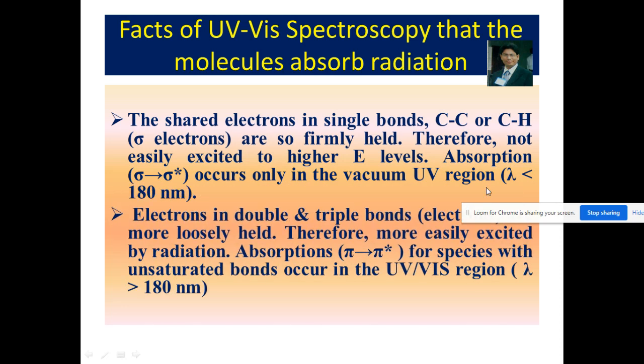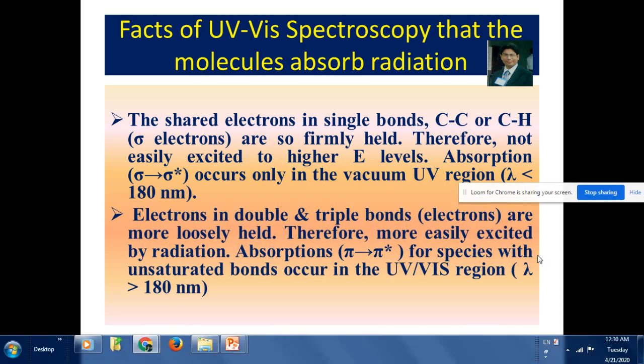The electrons in double and triple bonds are most loosely held, therefore more easily excited by radiation. Absorptions of pi to pi star for species with unsaturated bonds occur in the UV visible region, where lambda is greater than 180 nanometer. In the next day, we'll discuss details about the